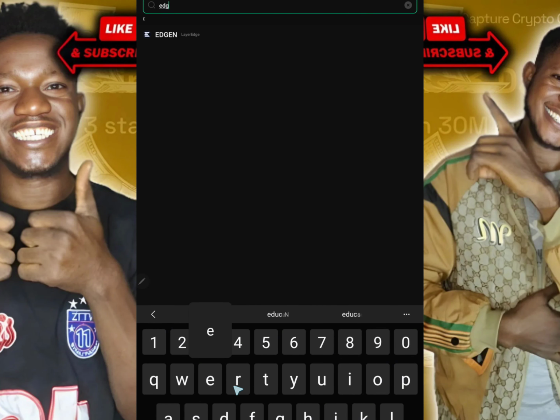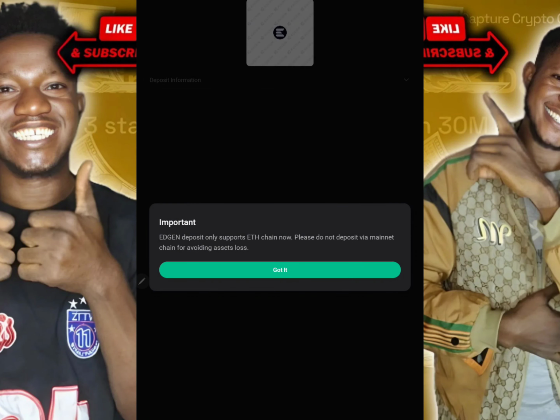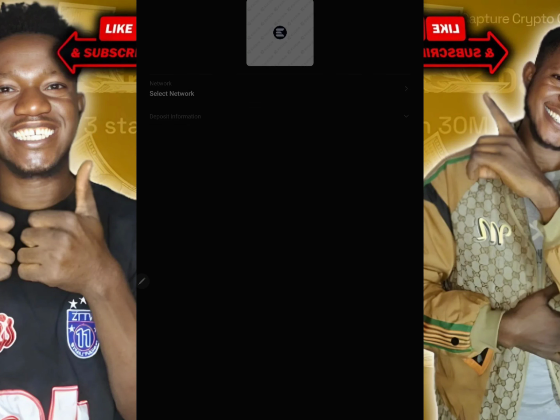You search for EGIN like this, and you can see this is it right here, Layeredge. We click on it, and right now your wallet is going to be generated immediately. You can see EGIN deposit only supports Ethereum chain now, so we click on got it. Your wallet is going to be generated immediately after you select ERC20, which is Ethereum. And over here, guys, you can see the deposit time is approximately 3 minutes, which you are going to be